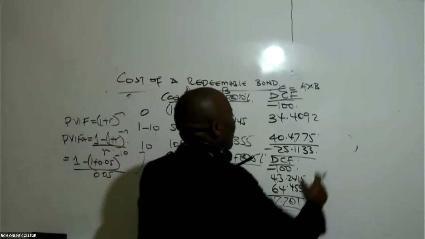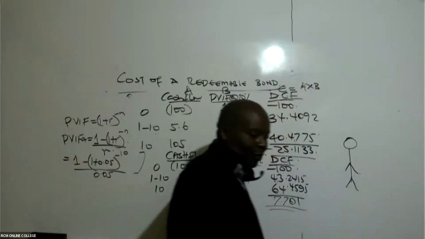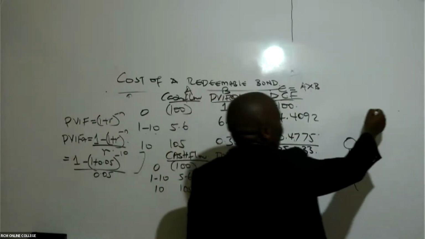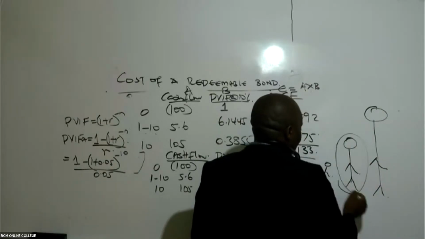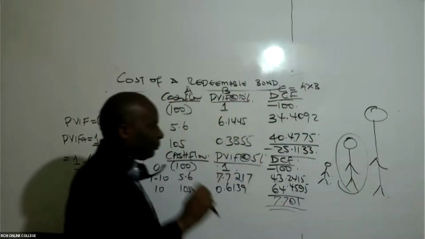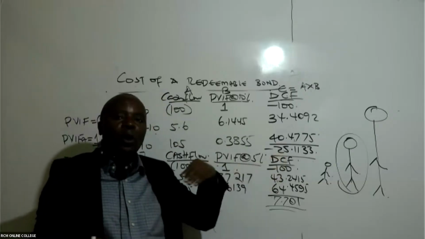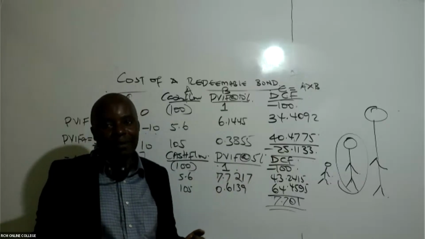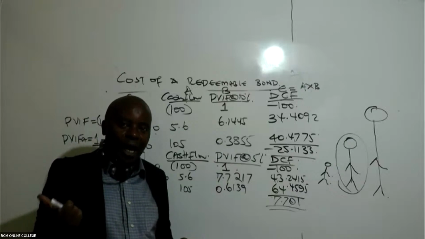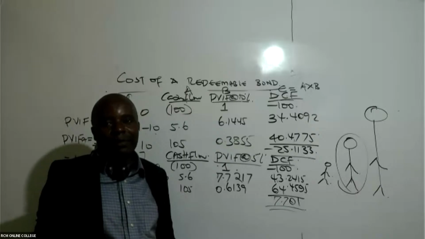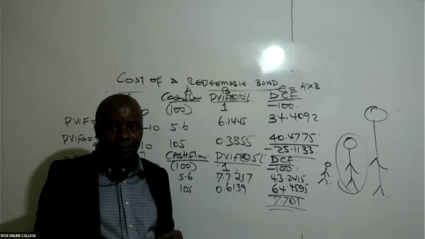Now, I gave you some analogy. I told you, whenever you're getting IRR, it's like you are in some wrestling match. And you're always at the middle here. The first match, you are beaten because you got a negative NPV. You see, you must play two games. One game you lose, the other game you gain.